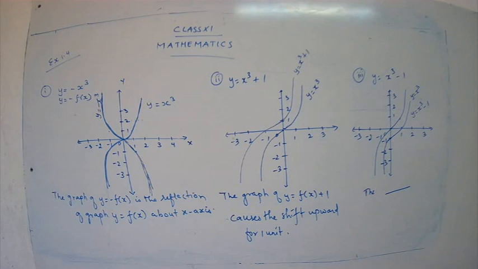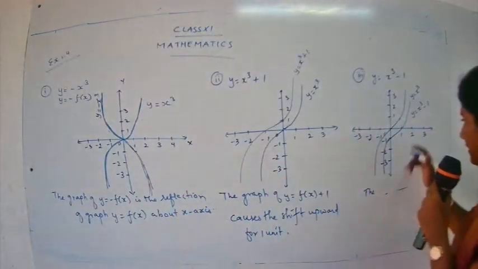So just note carefully. The second one, from point 0 it shifted to plus 1. And here in the third case, from point 0 it is shifted to minus 1 because you have a function f of x minus 1. So the graph is going to shift downward for the third subpart. So let's write down the statement.